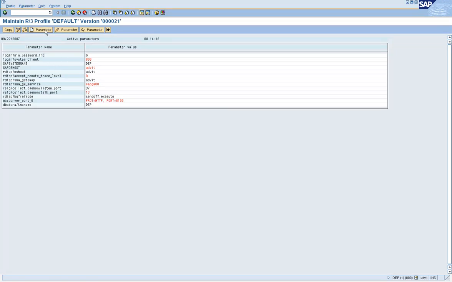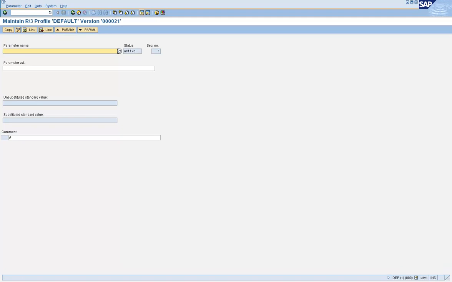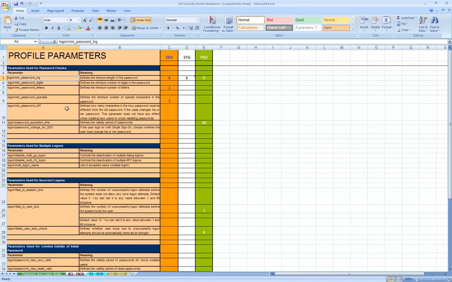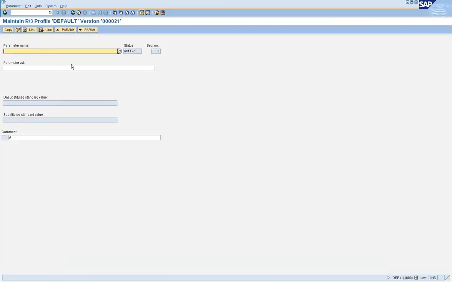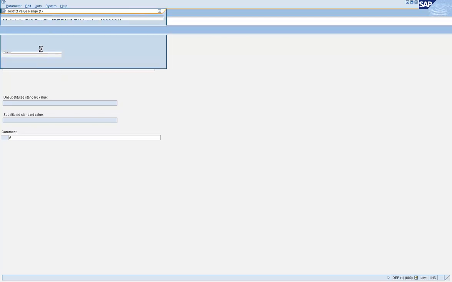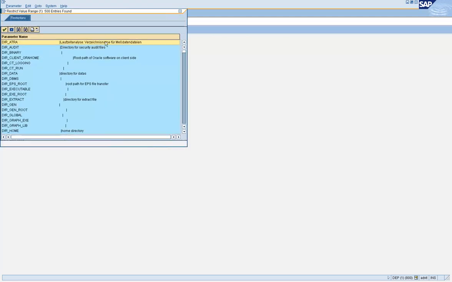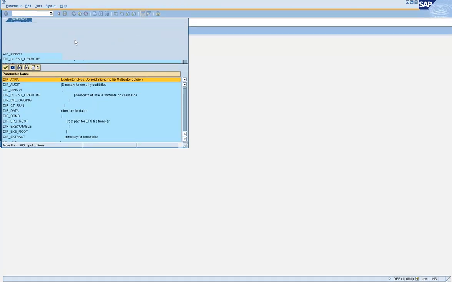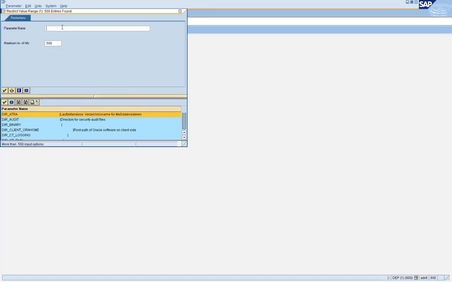Now let's create another parameter for minimum password digits. Let's search for that parameter: login star and press F4. Okay, you didn't get that, so let's search for it one more time. Login star.